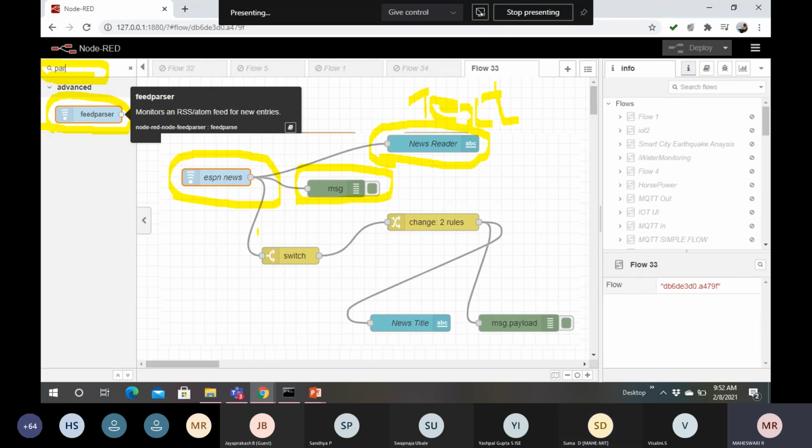Whenever you have a data analytics concept, you are supposed to concentrate on two important nodes. One is the switch node, another one is the change node. The switch node will help us in identifying the condition, and the change node will help us in deviating the path. If this condition is satisfied, you produce one statement, else you can go with the other statement. This deviation is possible with the help of the change node. So this is all about our design.